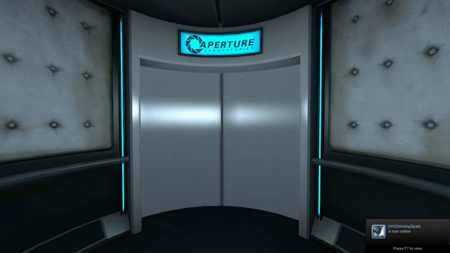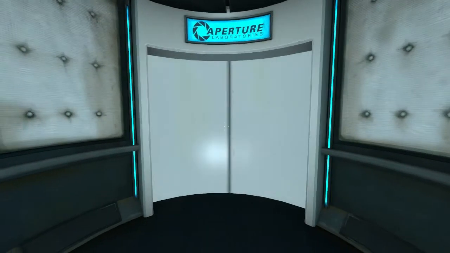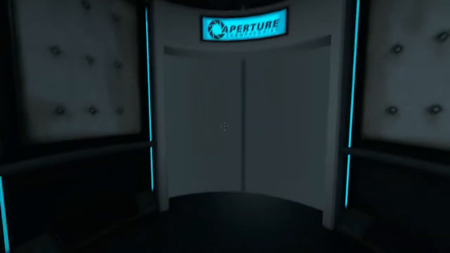These lifts are separating every test chamber, and they are quite dull. They're mainly used to disguise loading screens, so...